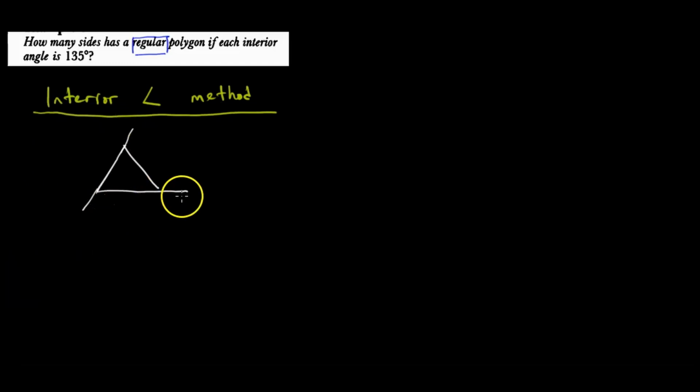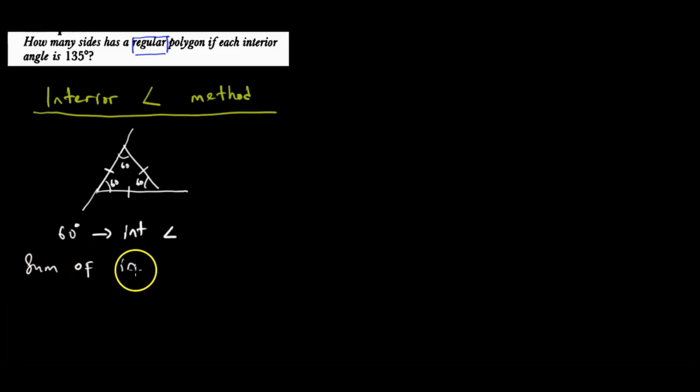Let us start with this example, equilateral triangle. Okay, so this is the equilateral triangle. We know kuti each panapa it's going to be 60, 60 and 60. Saka kuri kuti tapiwa 60 degrees is the interior angle, tinoziva sei kuti shape iyo ine 3 sides. Manzwisisa? Yeah. Saka we know kuti the sum of interior angles is equal to 180 degrees in this case. But let us not use 180 degrees. Let us say the sum is equal to n minus 2 times 180 degrees.